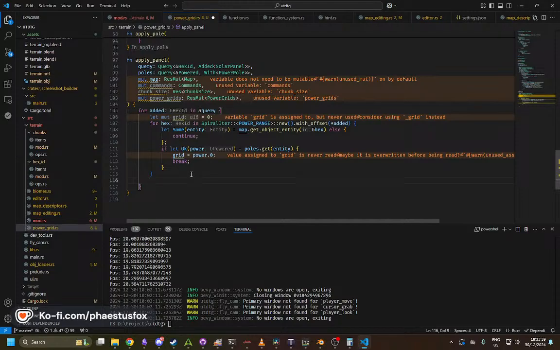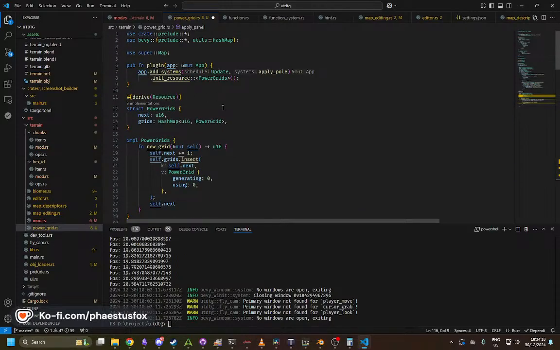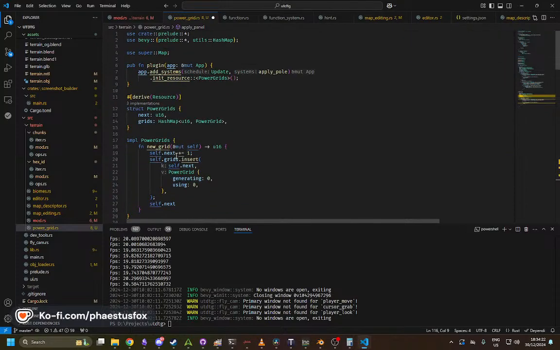Could do like a reserving and unreserving system of like request a new power grid, it'll go through, find the next power grid that's empty. So I should probably also rename powered to grid instead, but we'll work on that. So let's just rename this to next empty, and then